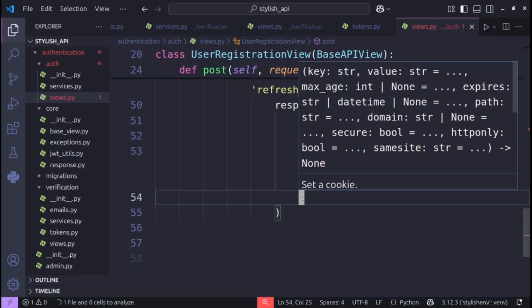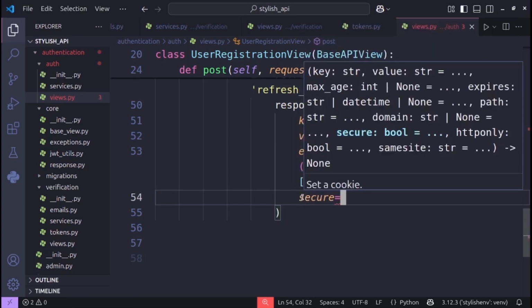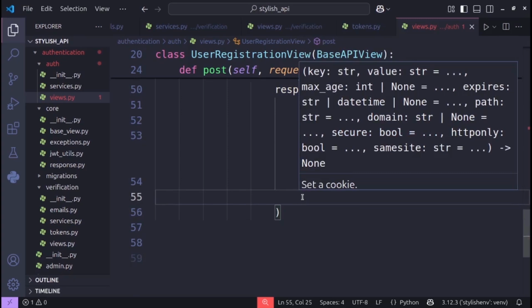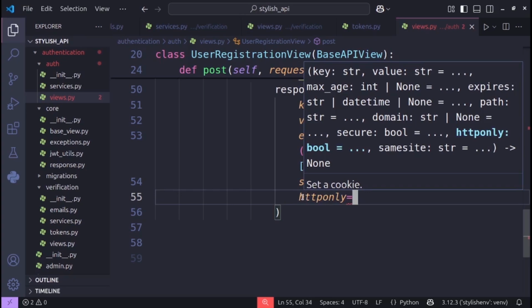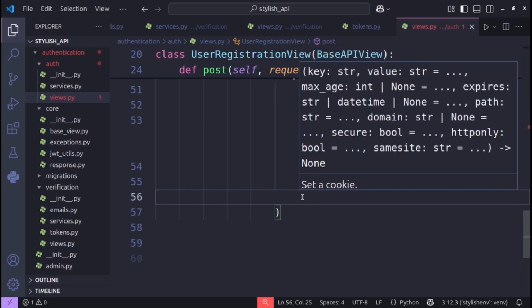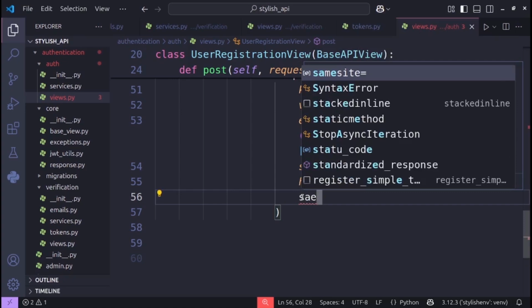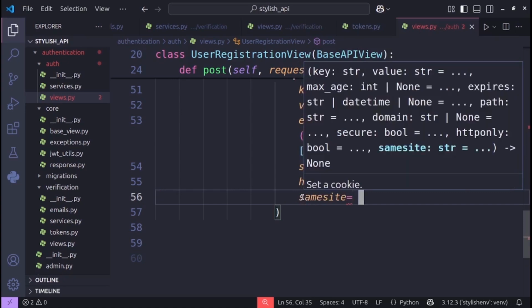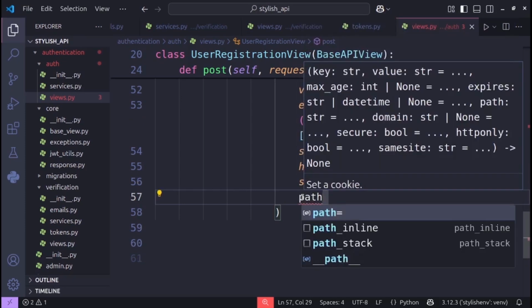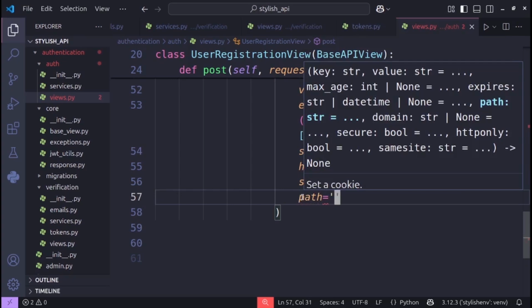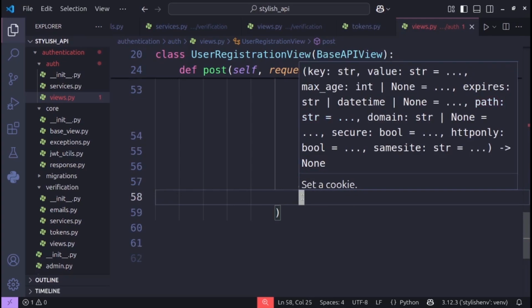So then we need secure will be true. Then what else? Then HTTP only, we're gonna set it to true. Then same site will be strict. Then path the root. Then domain,